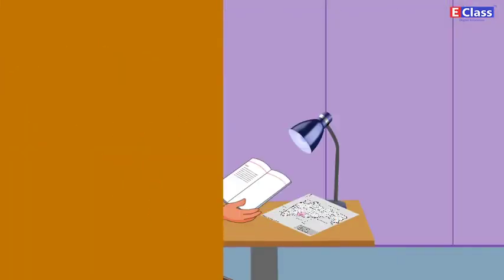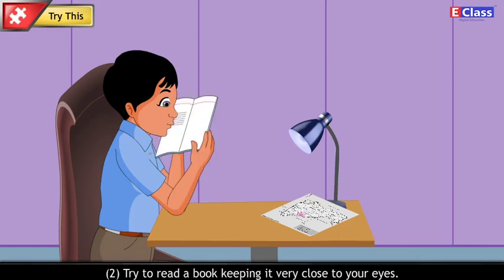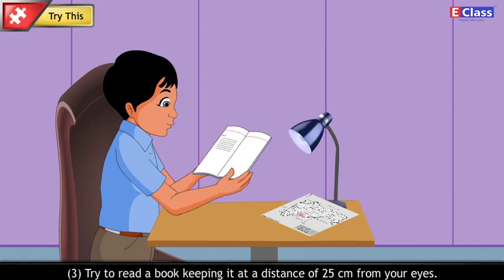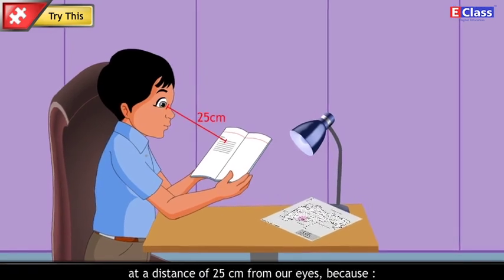Try this. 1. Try to read a book keeping it very far from your eyes. 2. Try to read a book keeping it very close to your eyes. 3. Try to read a book keeping it at a distance of 25 centimeters from your eyes. At which time you see the alphabets clearly? Why? Answer. We can see the alphabets clearly when we keep a book at a distance of 25 centimeters from